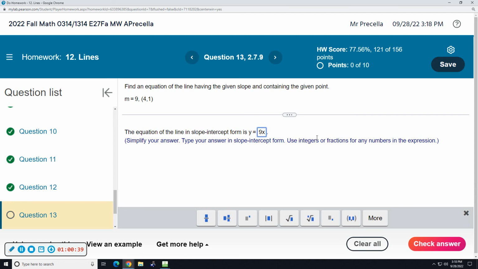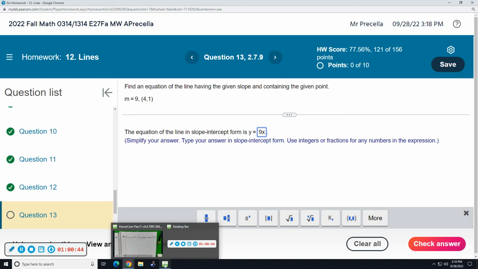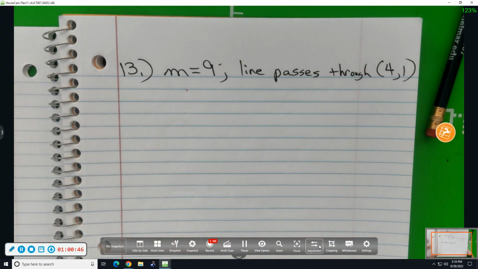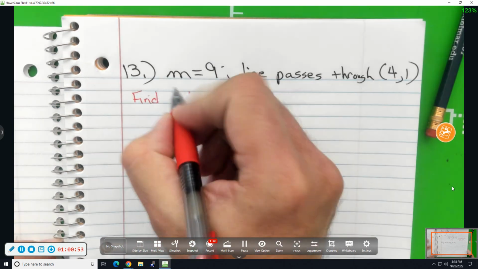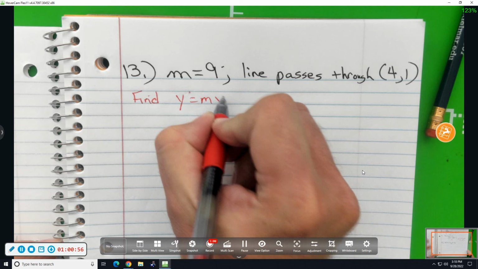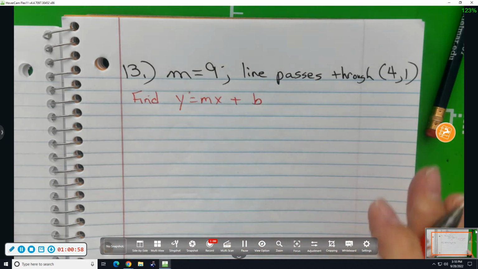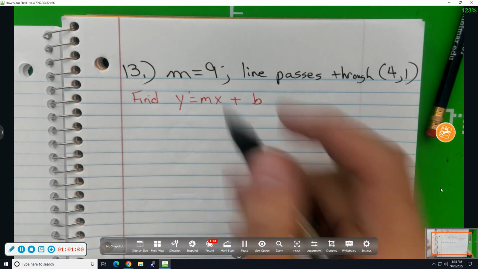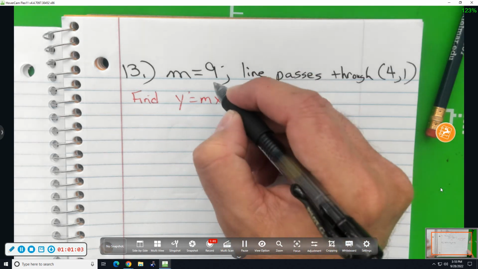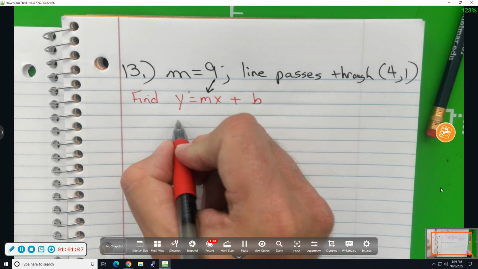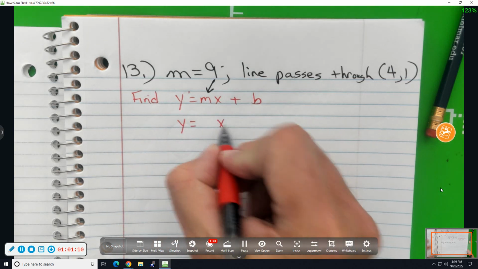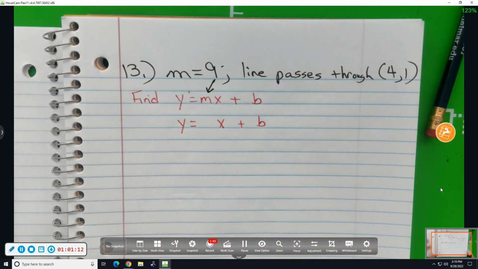So it's going to start off 9x, but we've got to figure out b. What we're trying to do is find y equals mx plus b. That's going to be your answer. We already know that m is 9. So we have y equals 9x